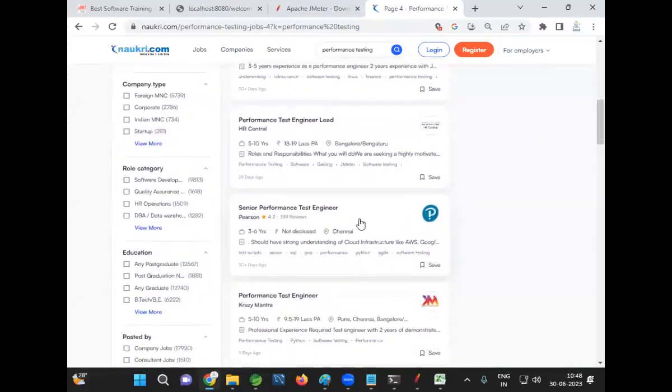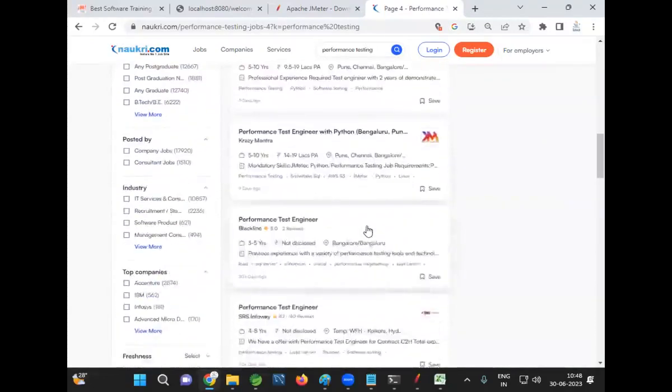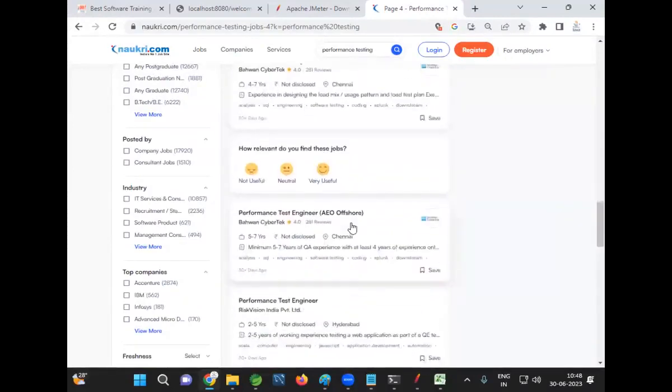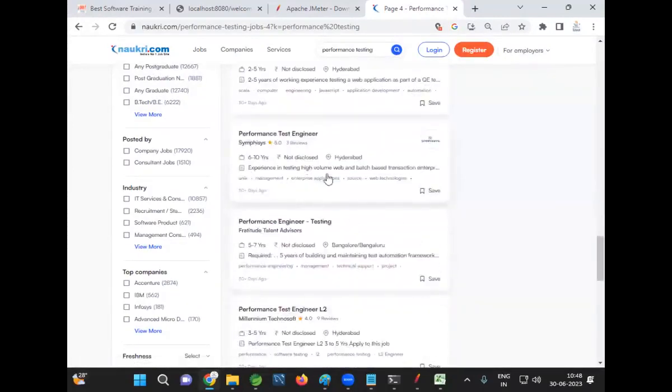Sapiens, Pearson, Blackline, Hudson, Symphysis,